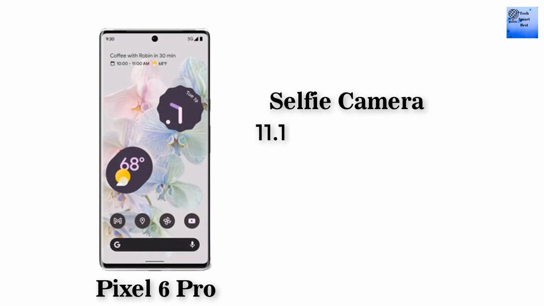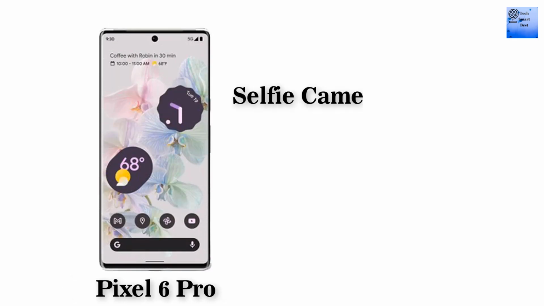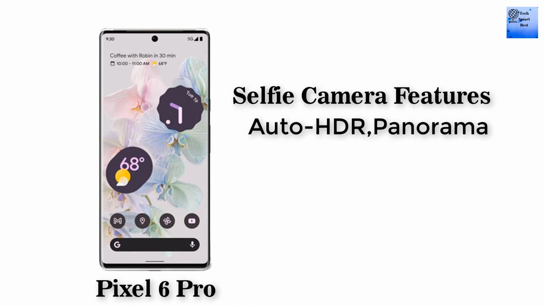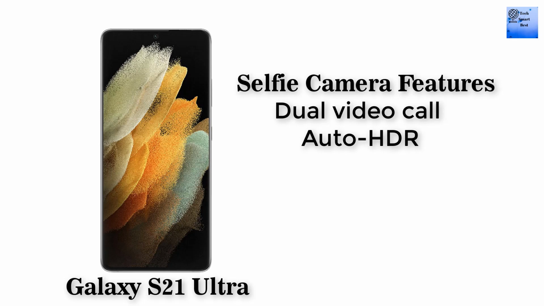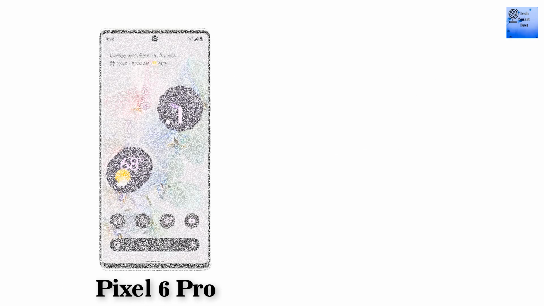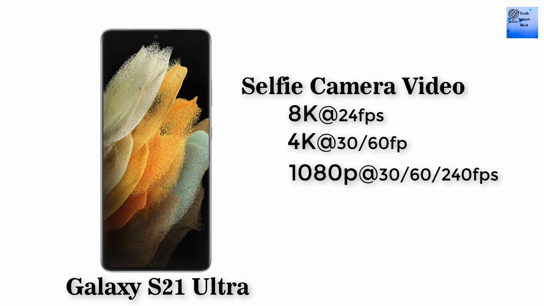The selfie camera of the Google Pixel 6 Pro is an 11.1 megapixel wide camera and the selfie camera of the Samsung Galaxy S21 Ultra is a 40 megapixel wide camera. The features of the selfie camera of the Google Pixel 6 Pro are auto HDR and panorama. The features of the selfie camera of the Samsung Galaxy S21 Ultra 5G are dual video call and auto HDR. The video of the selfie camera of the Google Pixel 6 Pro is 4K at 30 fps, 1080p at 30 and 60 fps. The video of the selfie camera of the Samsung Galaxy S21 Ultra is 4K at 30 and 60 fps,